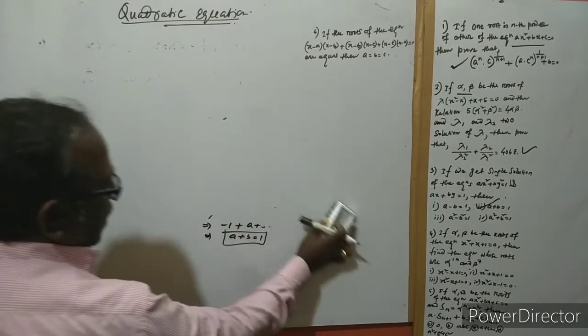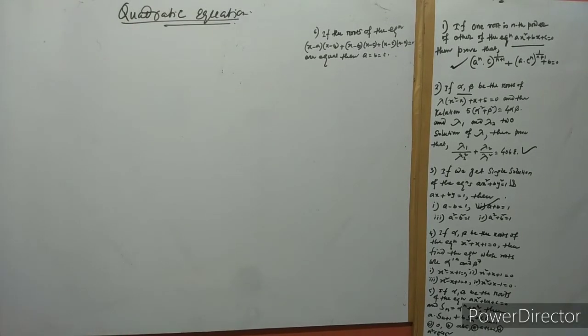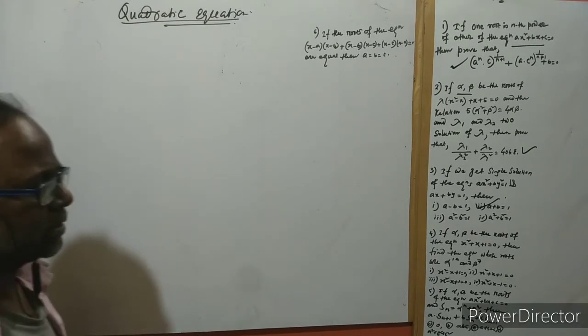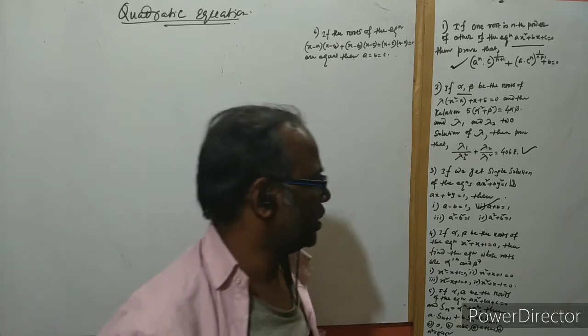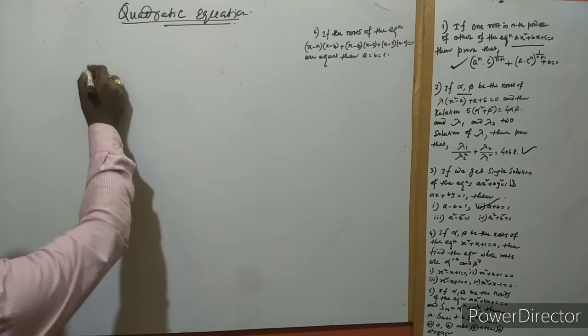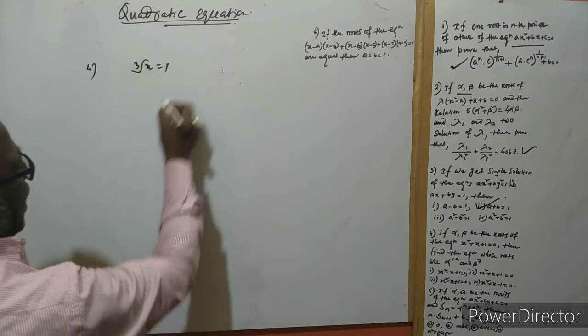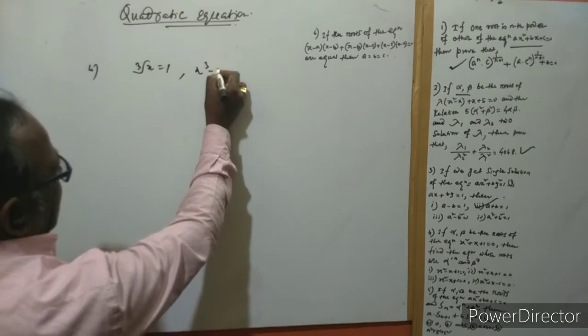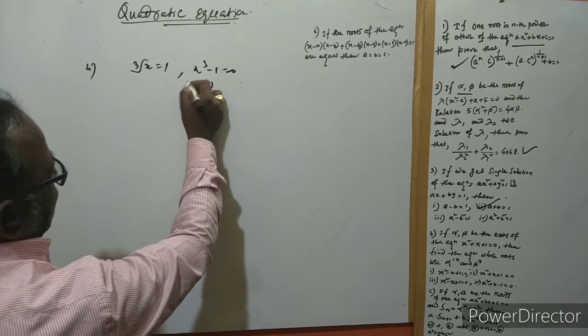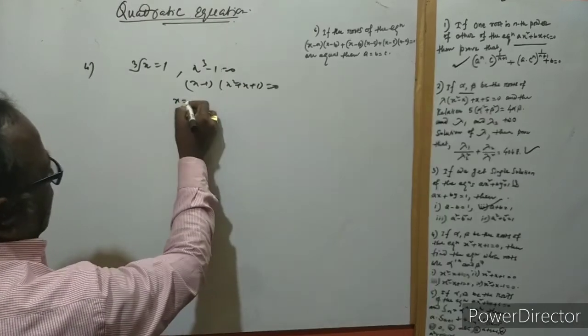Alpha and beta are the roots of the equation x square plus x plus 1. See, this is the complex cube root of unity. Actually, it would be omega and omega square. So for the cube root of unity, x cube is equal to 1. There are 3 solutions, and x equal to 1 is a real solution.